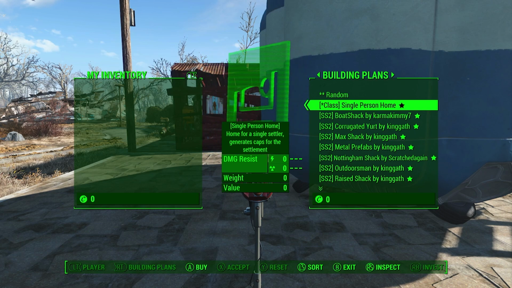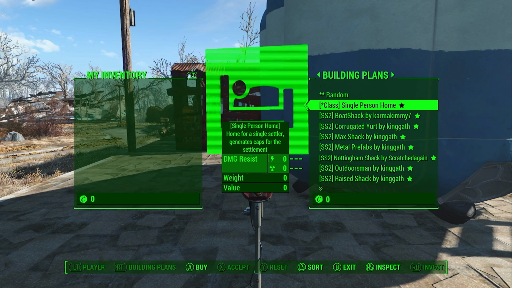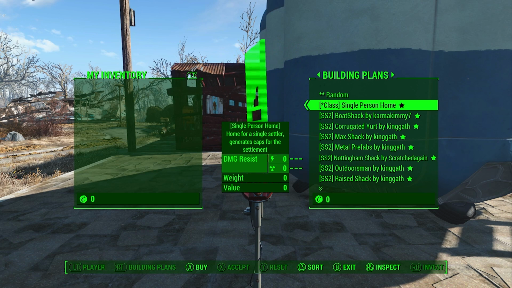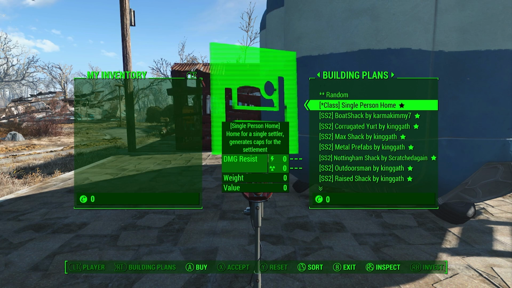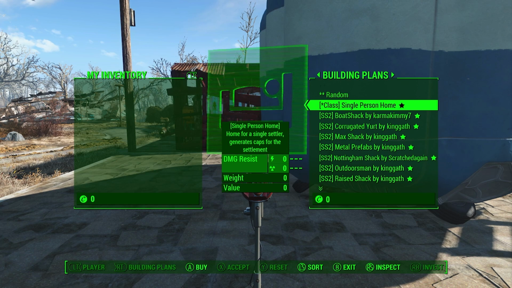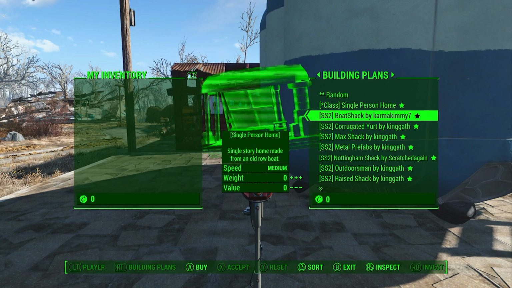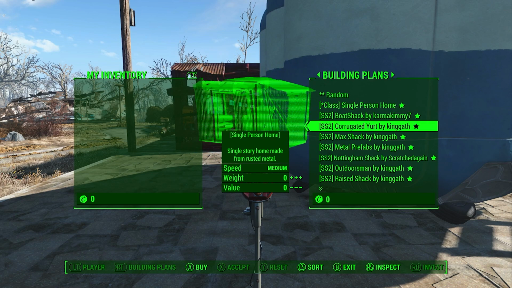Generally, the building plans are going to have two things that they change for you. One is going to be the actual visual design, and the second will be how many settlers they support, as plots can technically support virtually unlimited amount of settlers up to what the engine can handle on your particular system. So the building plans, you're most likely going to be looking for a description of what it does,